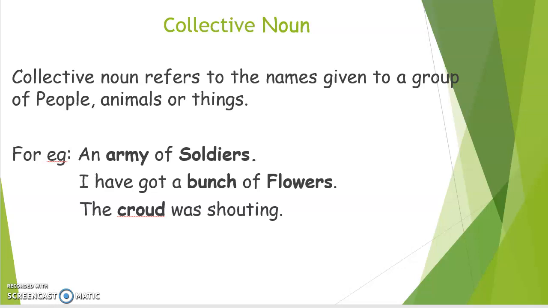The second one is I have got a bunch of flowers. The bunch of flower means so many flowers. So many flowers means a collective thing, right? And the last example is the crowd was shouting. Are we saying that a boy is shouting or a girl is shouting? No, we are saying the crowd is shouting, which means a group of persons are shouting. Are you clear with the collective noun? Okay, then let's see